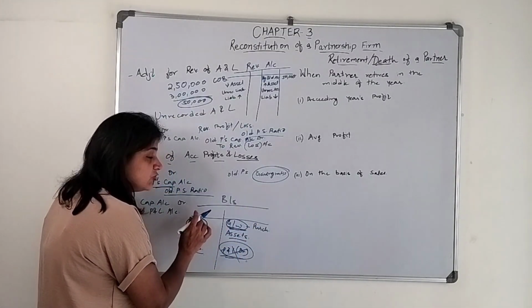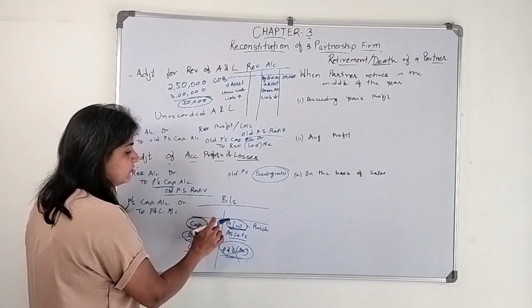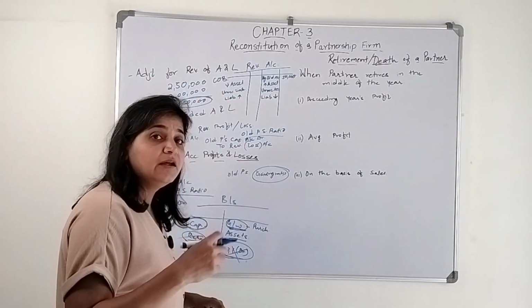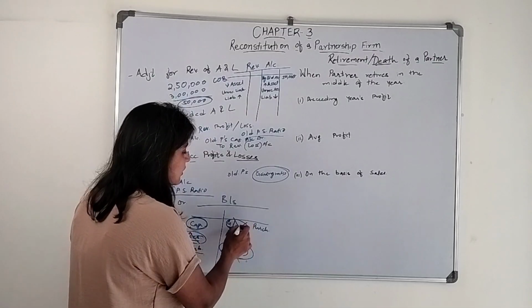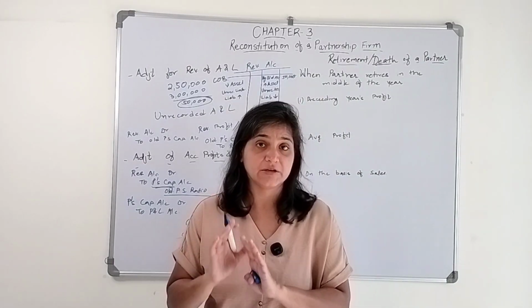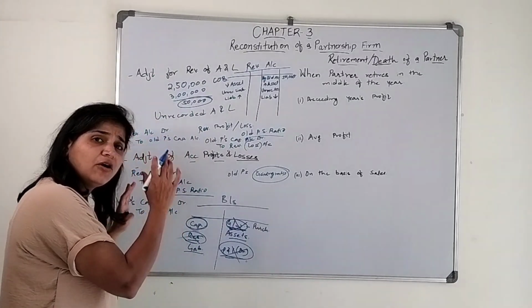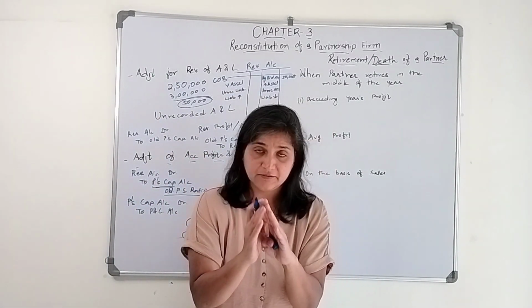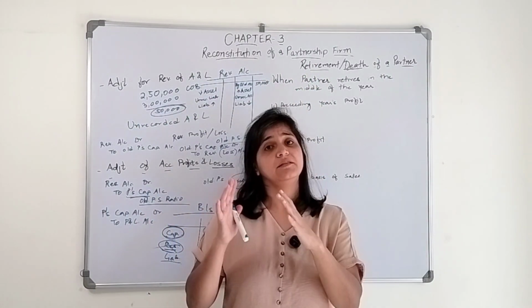This capital amount will be shown. The remaining partners, whosoever are the gaining partners, their capital amount will be shown at a revised value. Similarly, liabilities and assets, we revalue them, so they will also be shown at a revised value, and this goodwill account will also get closed. This is how we are going to present the new balance sheet when the partner retires. I hope you got this. We already discussed it in the previous chapter. You just need to practice, right? Now, what happens when the partner retires in the middle of the year?